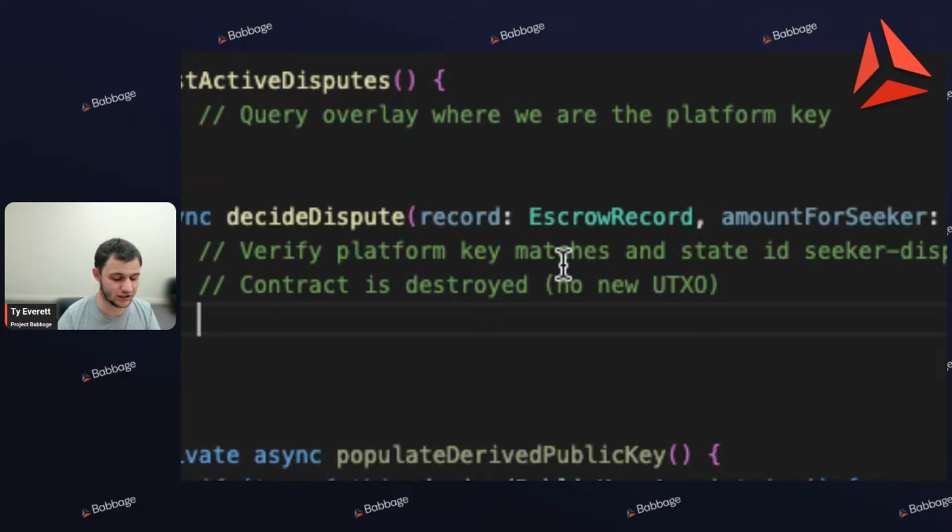Or you could say at this point that the UTXO is decomposed, messages are sent,